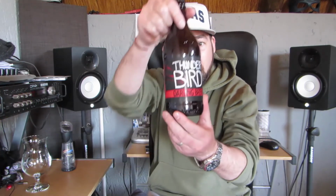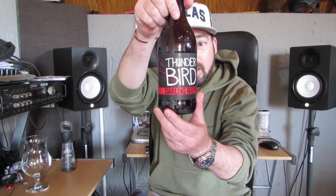It's an IPA, and if I'm not mistaken, it's actually their first IPA, which makes it an even more special review. Let's talk a little bit about what it says on here. First of all, that's what it looks like. Darling with their really beautiful designs and their embossed Darling Brew logo. I just love that. I don't think anyone else has anything like that. It's really cool, and a lovely cap. They say it's inspired by the Southern Ground Hornbill, vividly handsome, and 6.5% alcohol, a generous beer with juicy hops and well-defined edges, which leaves a lingering sensation. Sounds great, looks great,